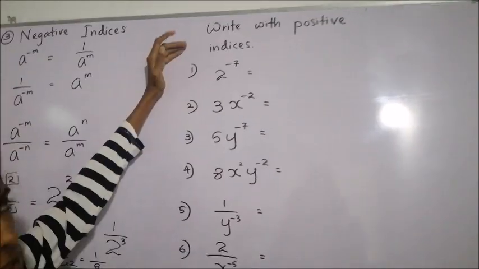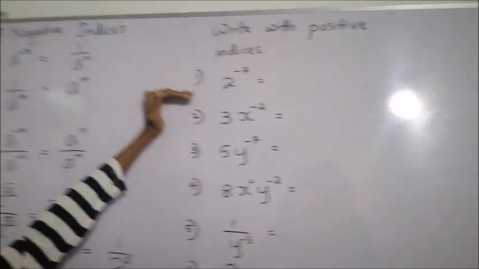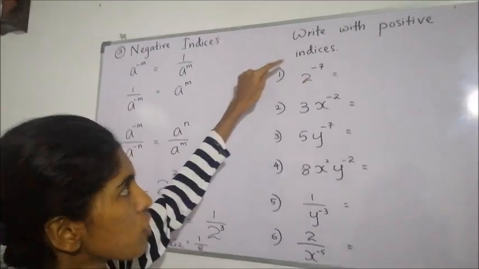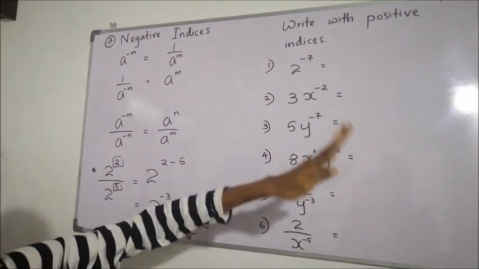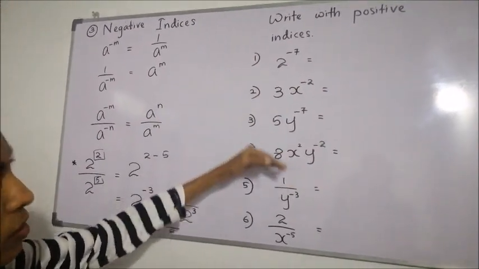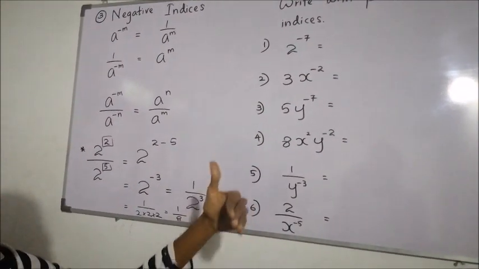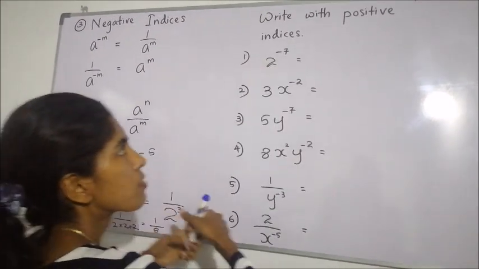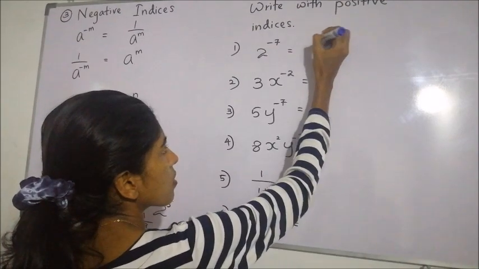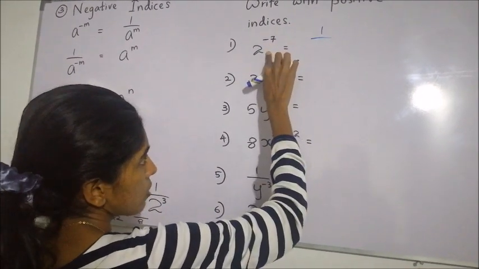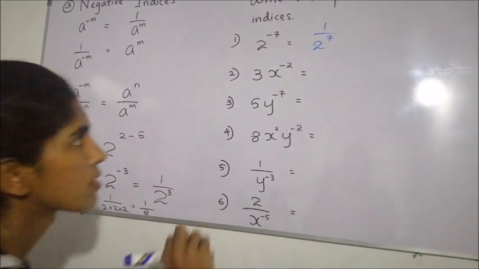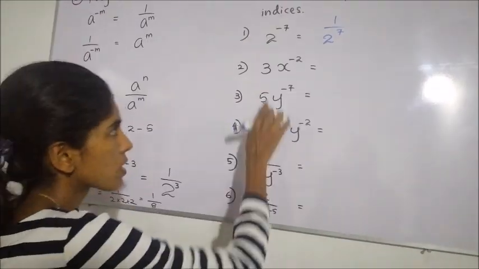According to this question, we need to write these with positive indices. That means in the question they don't expect any final answer. We need to convert all these things into positive index notation, right? Reciprocal. As this is a numerator, we will write it as a denominator, 2 to the power 7, right? So this minus becomes positive here. Next one,